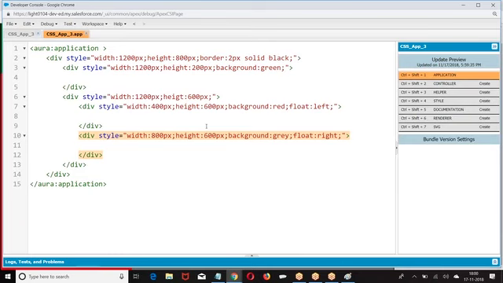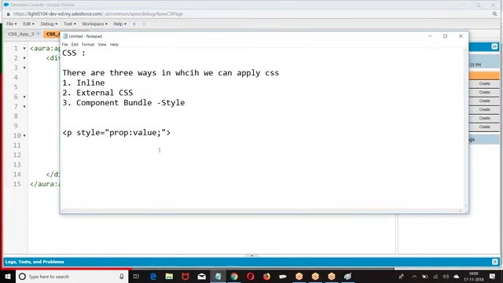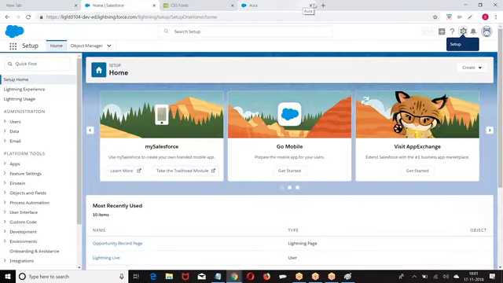My next topic is how to apply external CSS. What we are doing right now is inline. If the CSS files are defined outside, how do you apply those? Now let us see this. External CSS means we are defining CSS in an external file. Suppose I defined some files here. I already made some predefined examples here.